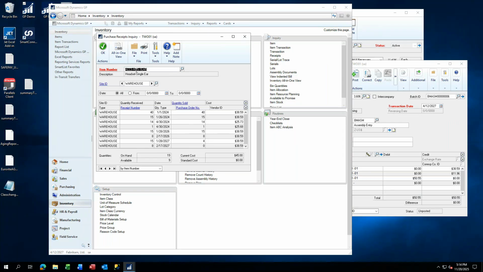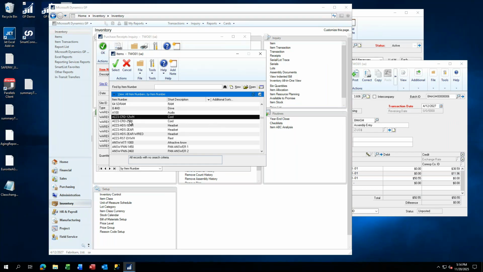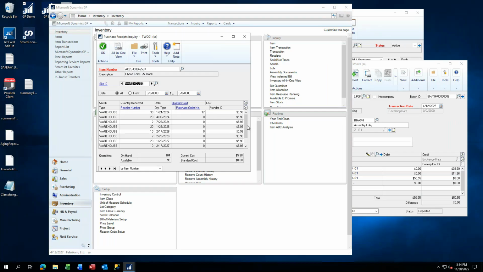And if I go into here and I go into my ACCS and take my black cord and I scroll down, it is $5.98 each. So there it is there. It's coming out of this receipt layer. $5.98 times 2 is $11.96. So, and then if you add these 2 together, you get $50.55, which if I was to now go to my wired headset,